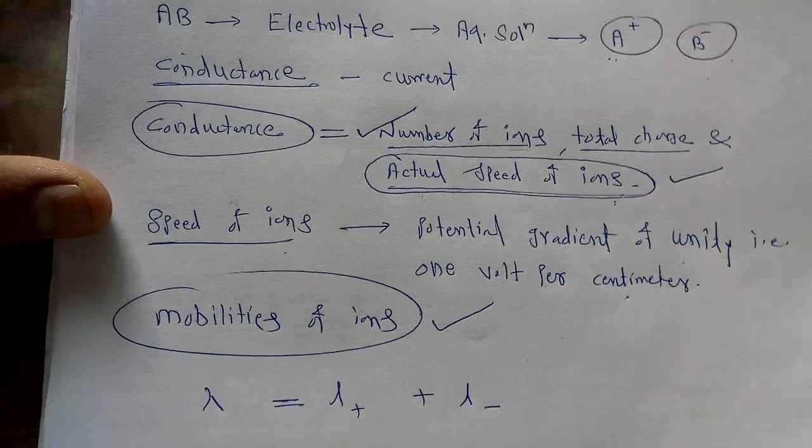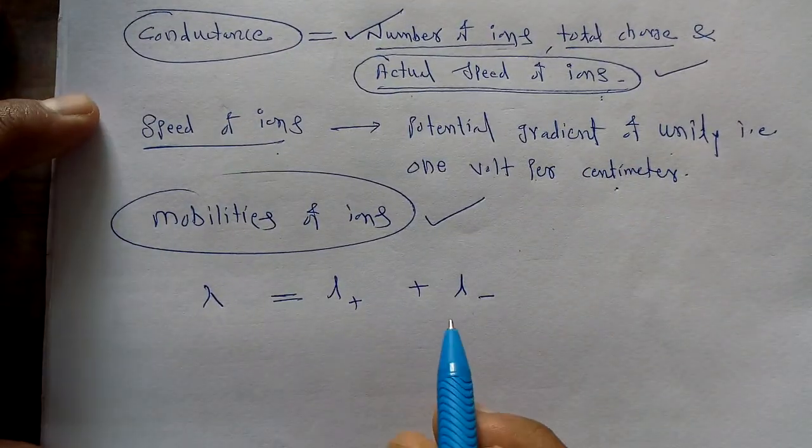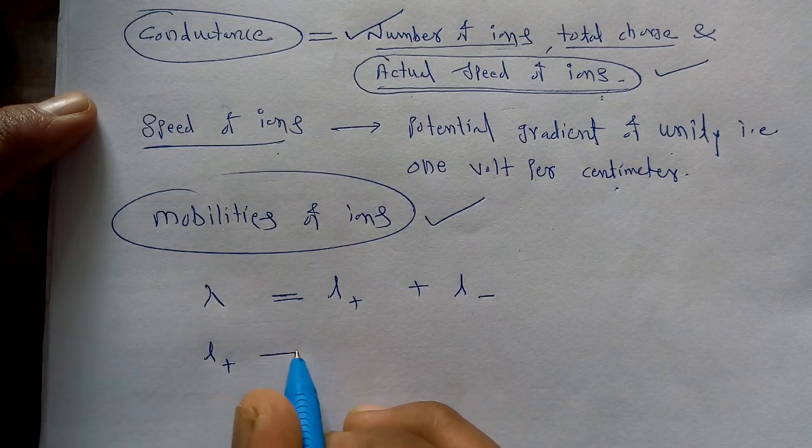We have to consider the equivalent conductance of the electrolytic solution as the summation of L plus and L minus, where L plus stands for